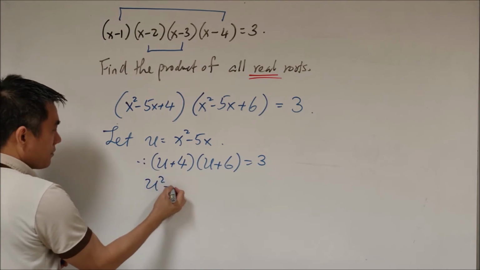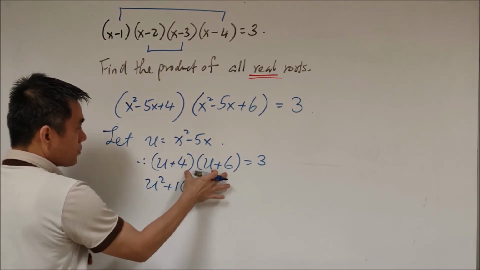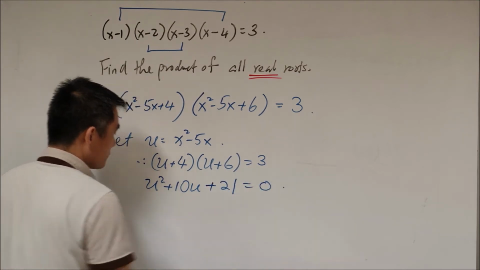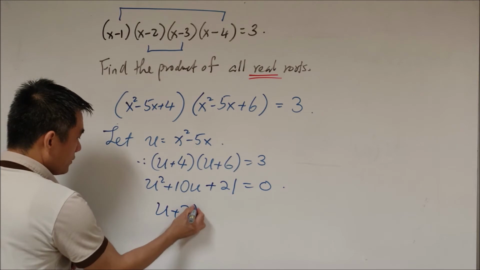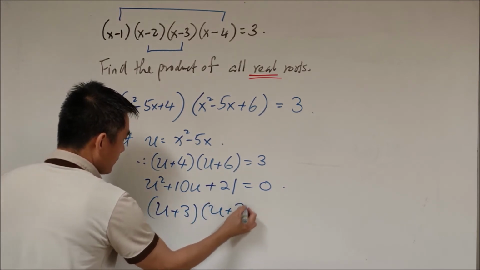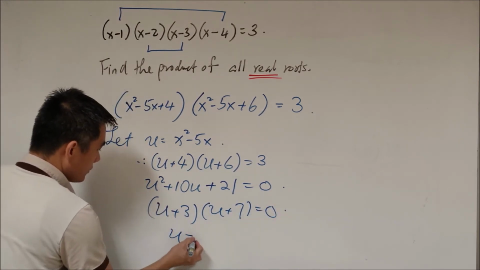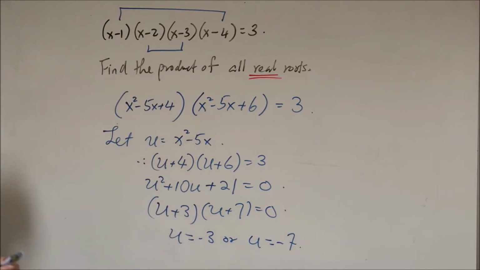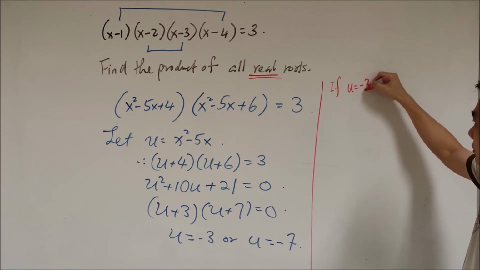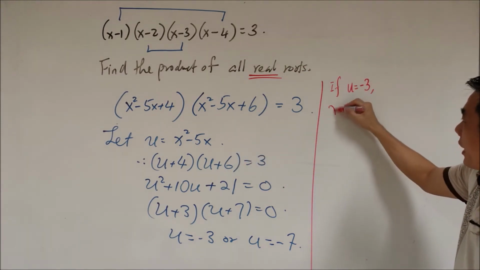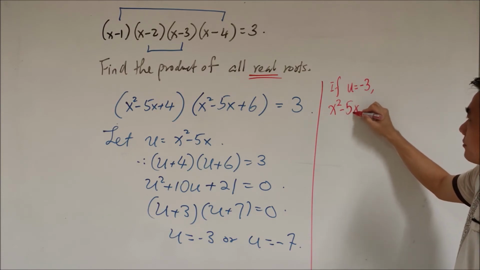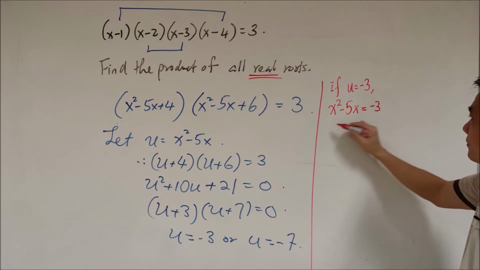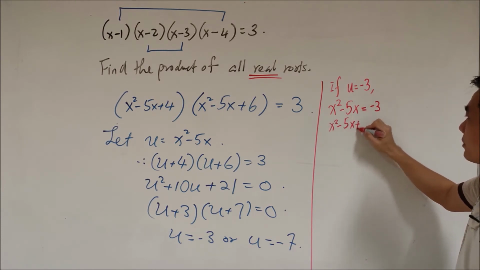Expanded, u squared plus 10u plus 24 minus 3 equals 0, which is u squared plus 10u plus 21 equals 0. So u plus 3, u plus 7 equals 0, u equals -3 or u equals -7. If u equals -3, where u equals x squared minus 5x, that will imply that x squared minus 5x equals -3, so x squared minus 5x plus 3